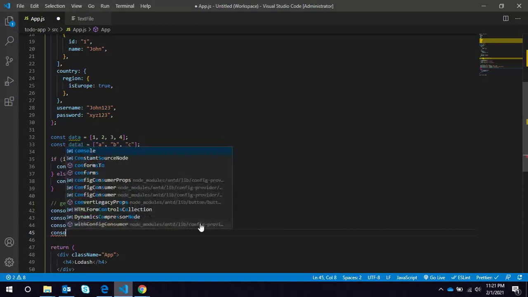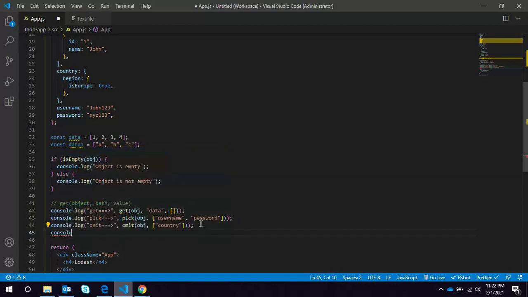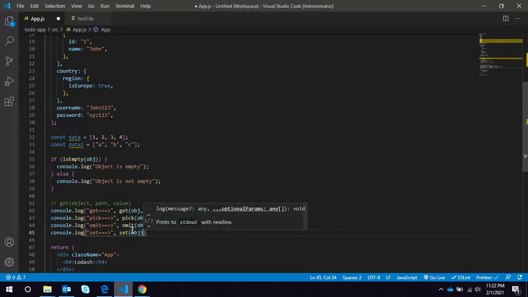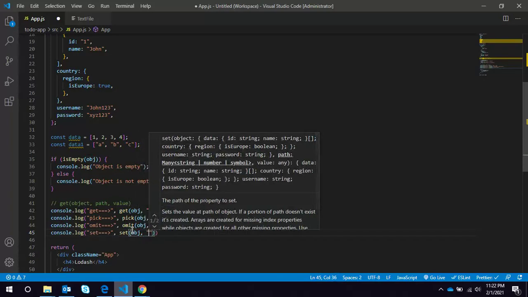Another one we have is the set utility function. Suppose you want to set this value, isEurope, from true to false. We can use set. You have to provide the object and the path.